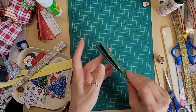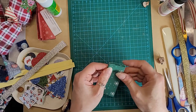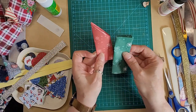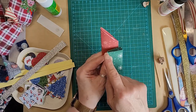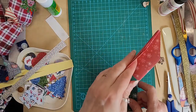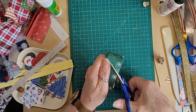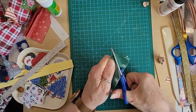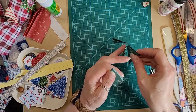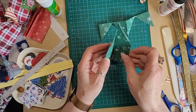So you've got your open end, this end's closed, and you're going to take from that corner there down. Now you can do it straight. That's the traditional hat shape, like a crown, or you can do it whatever you want. So you're just going to take that corner off, making sure that you cut the corner off so you end up with those bits all joined together like a little flag. And then when you open it out,